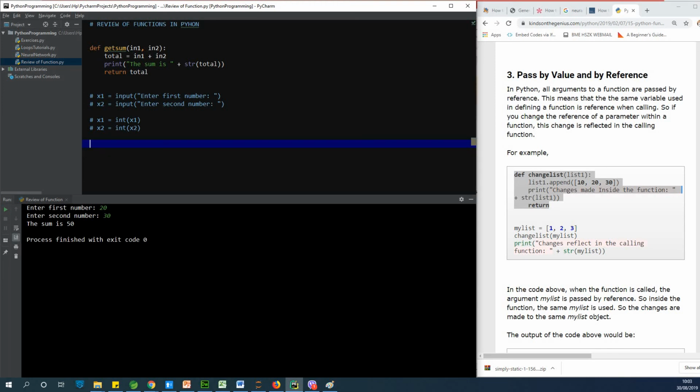So if I paste this block of code, now we have that this function is called changeList. It takes a parameter of a list type. Okay. Now we